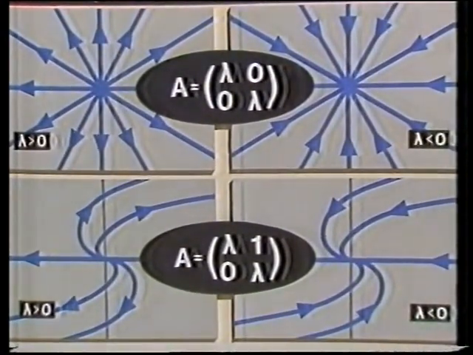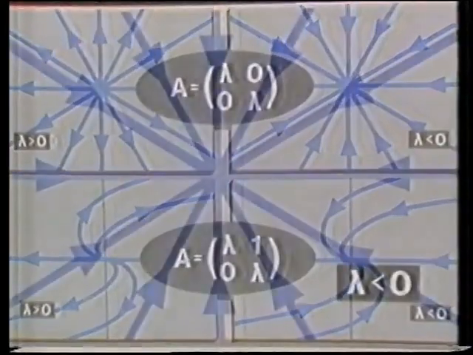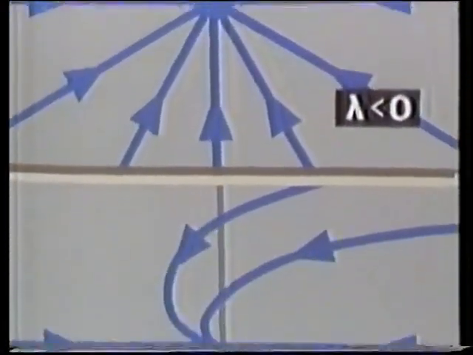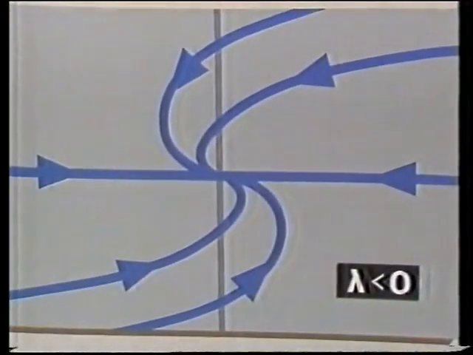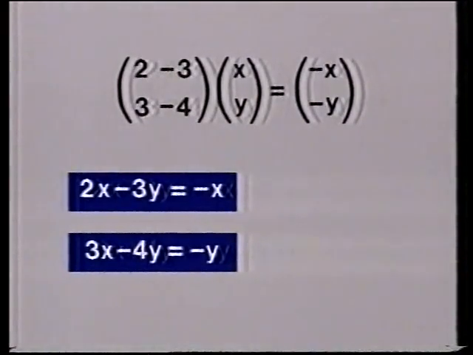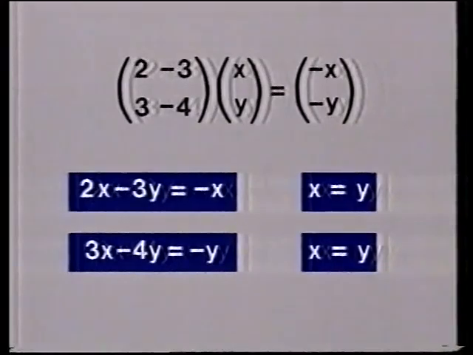To find out which type, we'll search for linearly independent eigenvectors. Because this has 2, while this has only 1. To find the eigenvectors, we solve this vector equation, which gives this pair of linear equations. In fact, both these equations reduce to x equals y, and so all the eigenvectors must lie in this one line. There's only one linearly independent eigenvector,